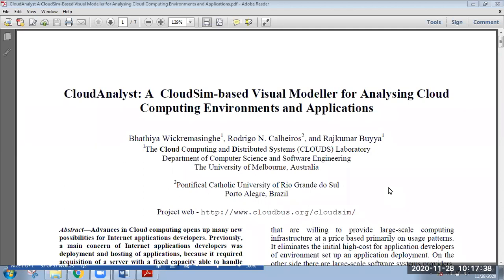This is not an experimental environment. Try to understand the difference. There is a simulation environment, and there is an experimental environment. Simulation means you are modeling it virtually and conducting the experiments. In experimentation, we are dealing with real-life things. For example, in a physics or chemistry lab, you are using chemicals, which are real chemicals.